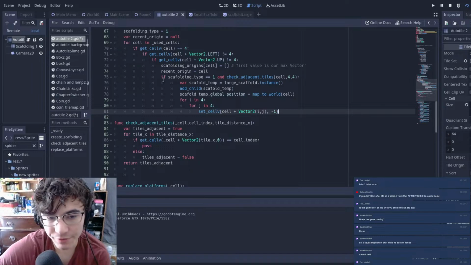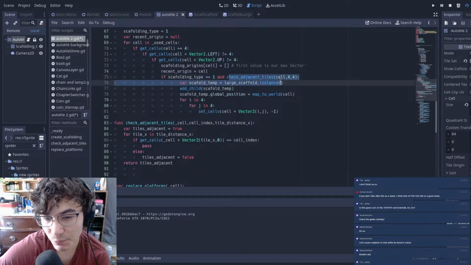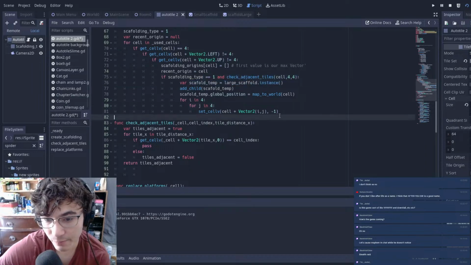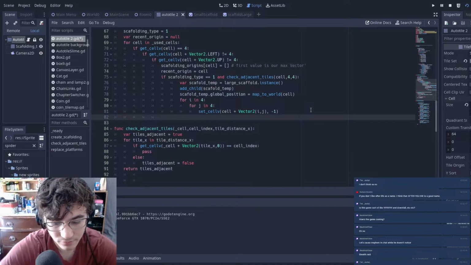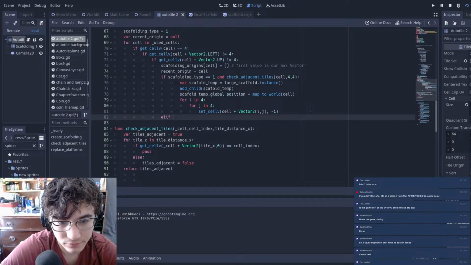Another thing we're going to want to do is if our scaffolding type is equal to 1 and this proves to be false, then we're going to want to switch back to 0. So then let's do this. elif